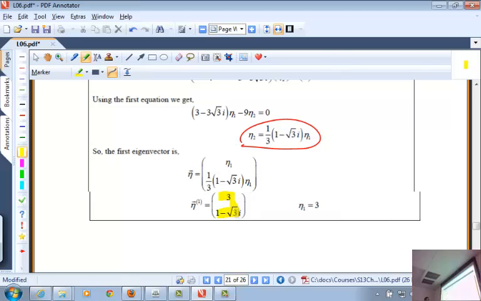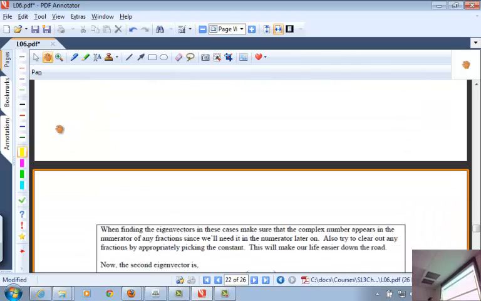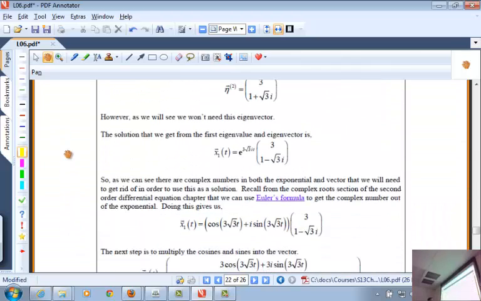Again, the same idea. You have some degree of freedom, so you choose one of the components arbitrarily, but still you'll end up with a complex eigenvector. And these must occur in complex conjugate pairs. Okay, so if you try to find the second eigenvector, it will be that, and you can write the solution in terms of